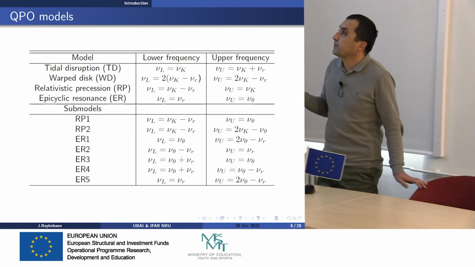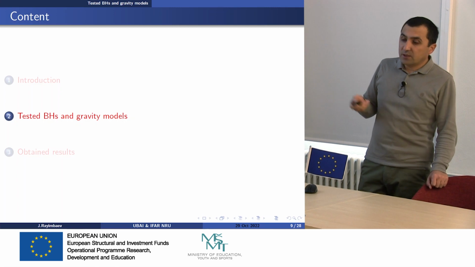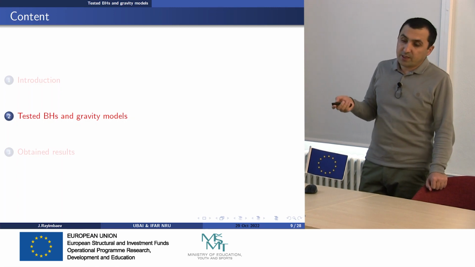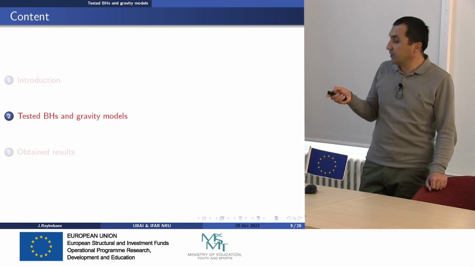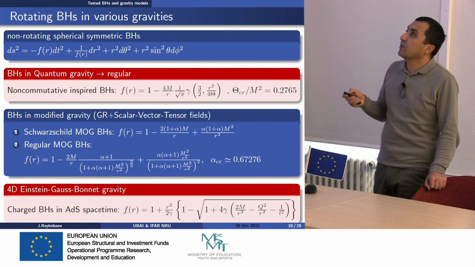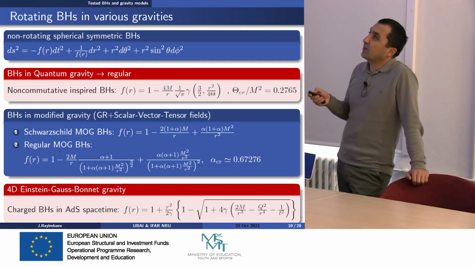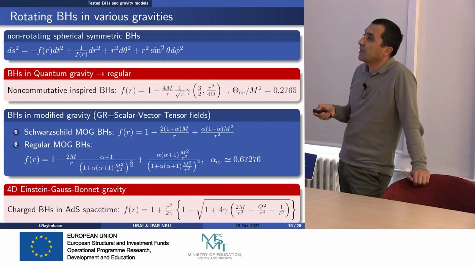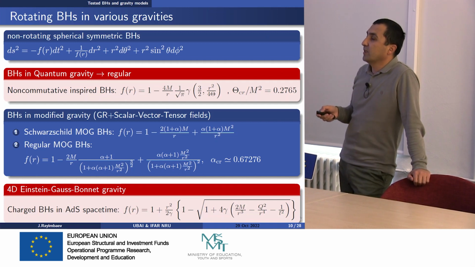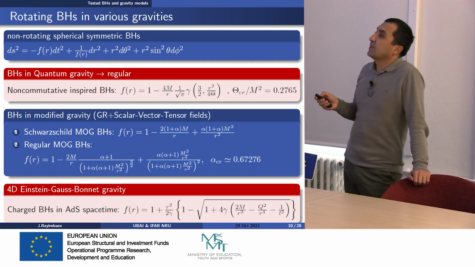So, and I will show some results where I tested the black holes and some gravity models. For example, spherical symmetric black holes in quantum gravity and modified gravity and the novel theory of 4D Einstein-Gauss-Bonnet gravity, and this is the general